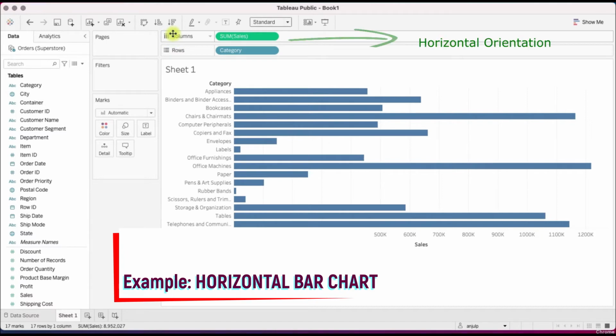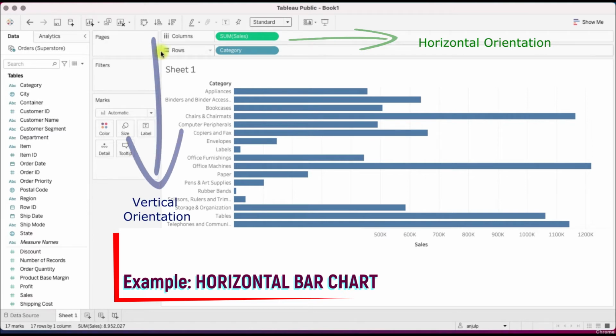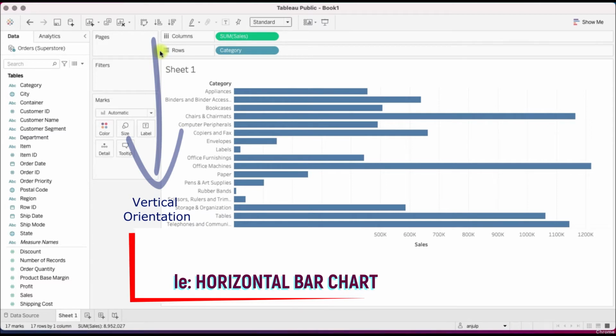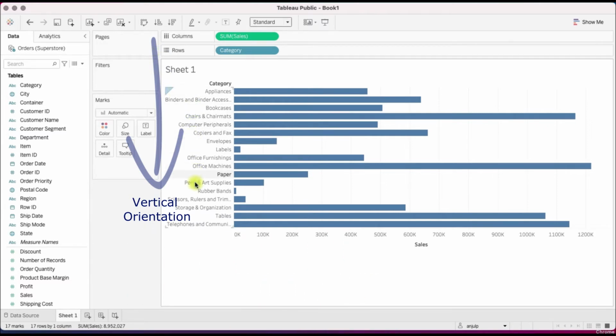The orientation is horizontal, so sum of sales is displayed horizontally. Similarly for category, the orientation is vertical. The small squares are displayed vertically, so we see category displayed vertically.